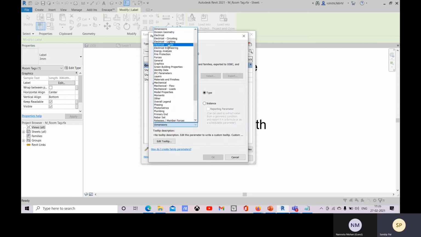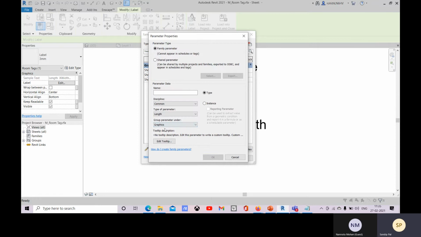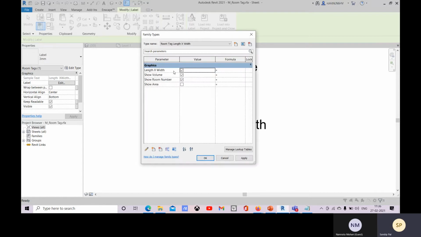So this will be graphics. Yep, graphics, and type of parameter yes or no, and then that is length into width, and click on OK, and there you can check it.